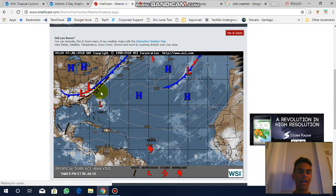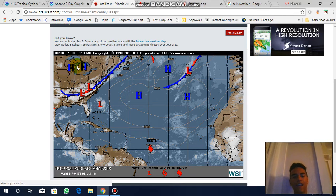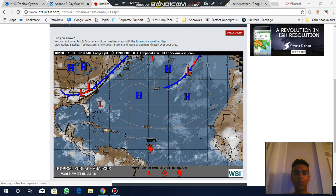So it's basically going to meander, and it's going to be in a blocking pattern where this Bermuda high that's right in the middle of the Atlantic, and these high pressures that are centered around the Great Lakes region, it's going to be in a trapping pattern where Tropical Depression 3 won't really have a defined steering flow to push it out to sea or push it towards one direction. And with these kinds of storms, it's really hard to predict where they will go, because any minuscule changes in the ridges could make a major difference of where this can go, and it's going to be difficult to forecast